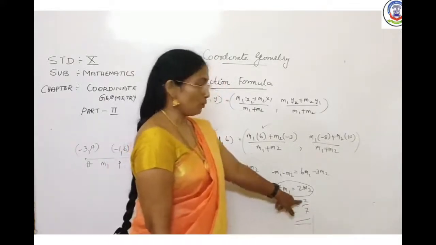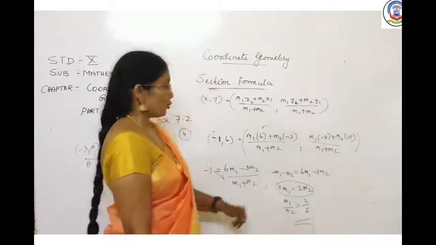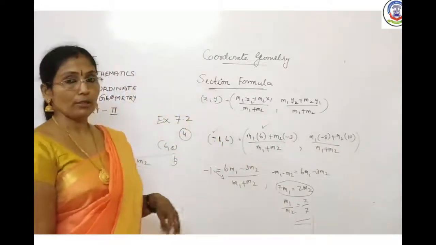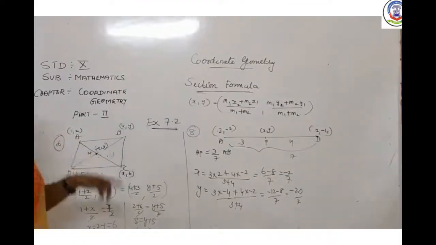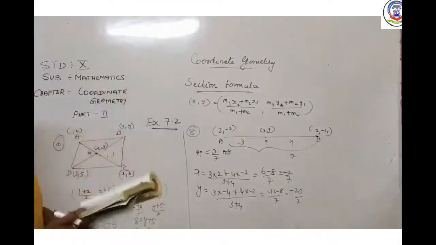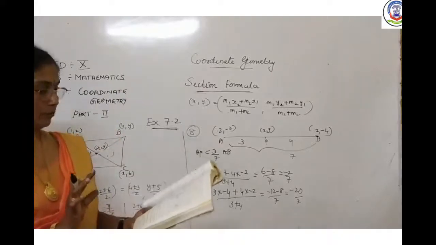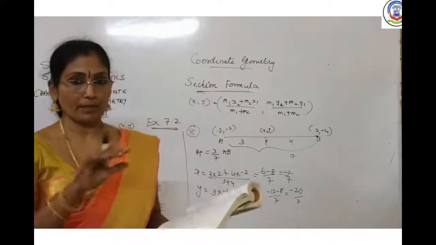That means M1 upon M2 is equal to 2 upon 7. This type of sums are also important to find out the ratios. Now let's see 7.2, question number 6. Question number 6 mentions that if 4 vertices of a parallelogram are given and taken in